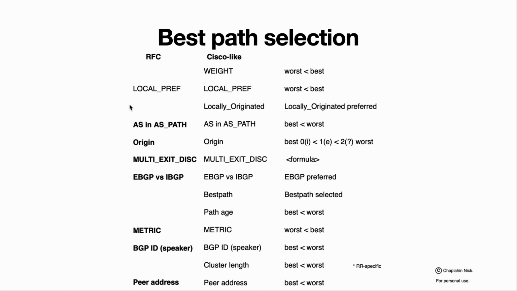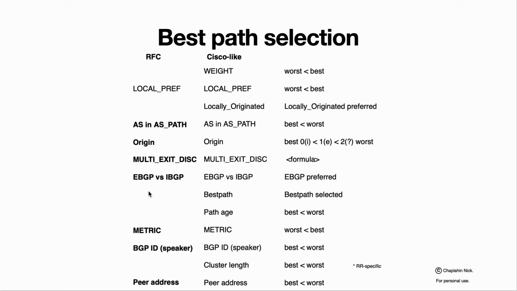So the RFC splits the procedure of the best path selection into different stages. One is selection of the path, where it is verified that the path is correct, the next hop is reachable, the local preference is measurable, and this is the best local preference of all possible, and so on and so forth. And only if we have multiple paths with the same local preference, the so-called breaking ties procedure is enabled, where from multiple paths we filter out bad paths or paths with a worse value on each stage,